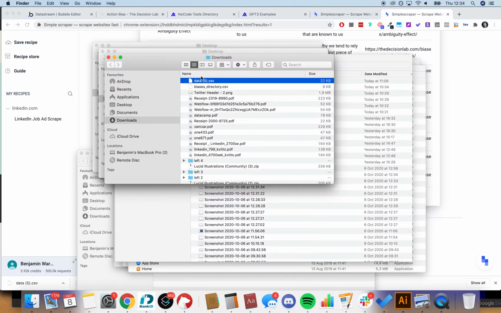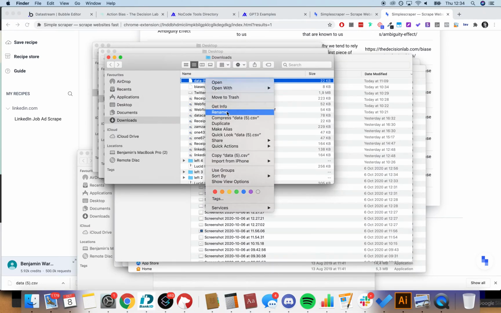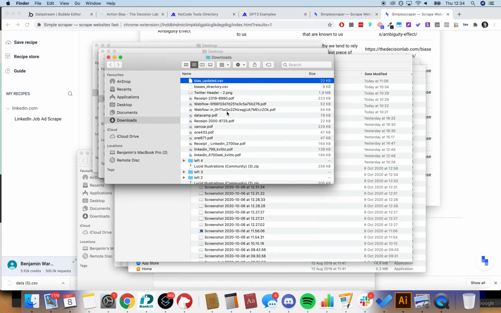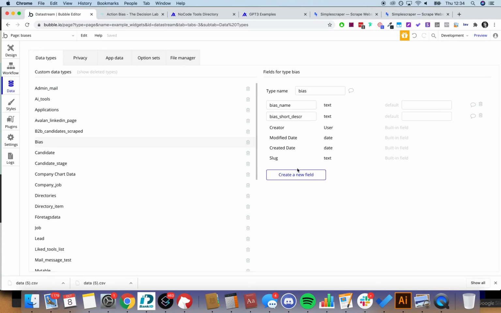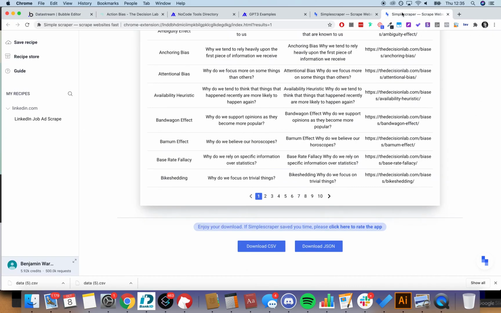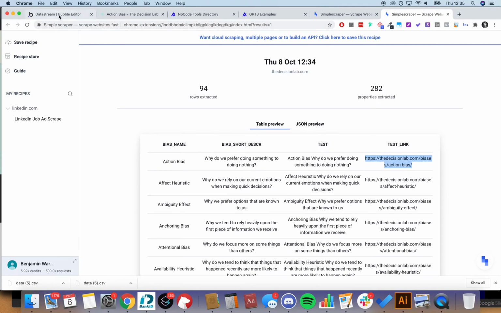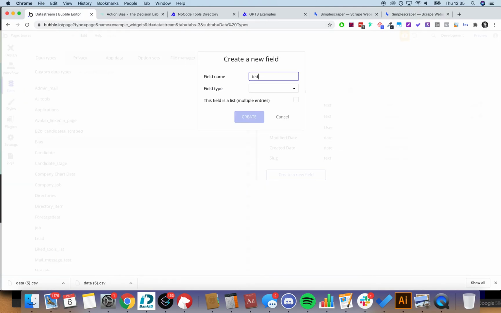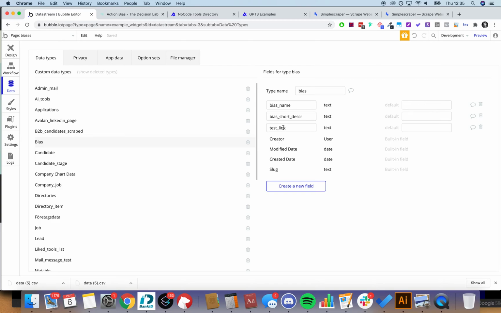Going to just rename that quickly to bias updated. Okay, and I'm going to add a test link. Why not? Actually, maybe won't need it here inside the data, but you know, it can be nice to link out to the original web page, so why not? All right,